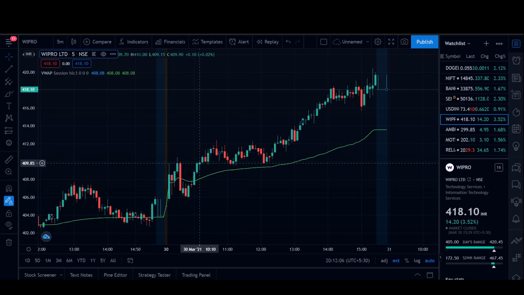You should enter in the next candle. You wait for the stock to break up or break down, and make sure it's strong and not a false breakout or a false signal. You wait for it, and enter in the next candlestick.